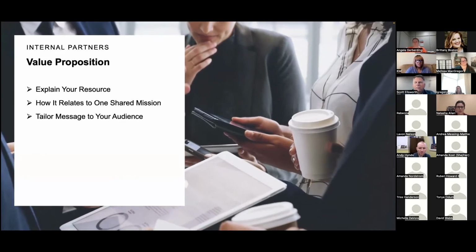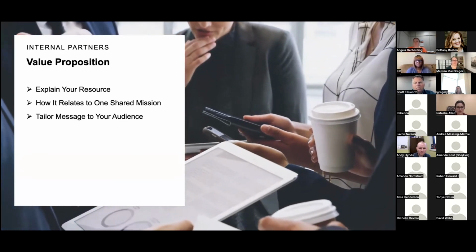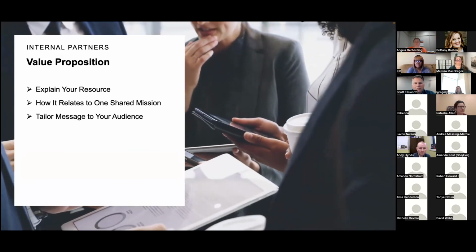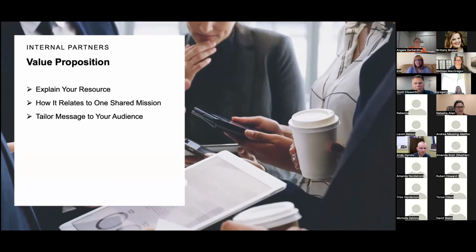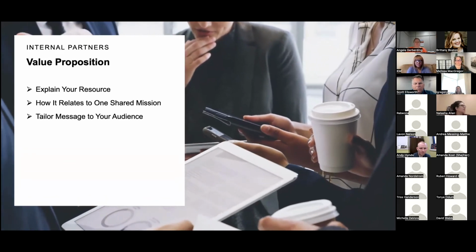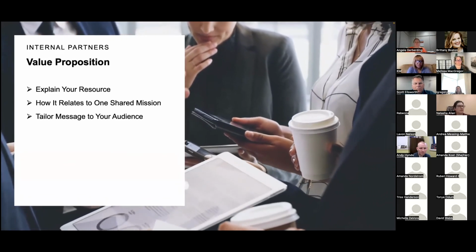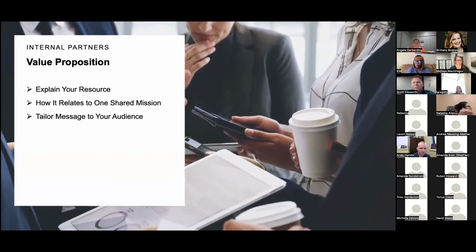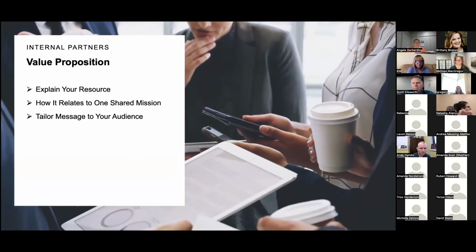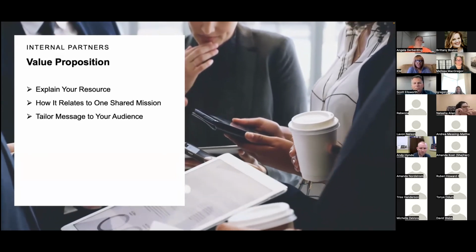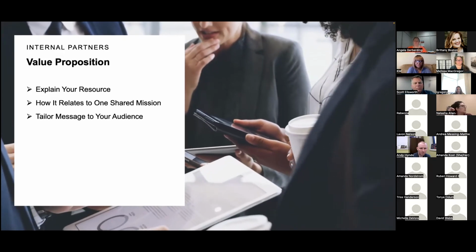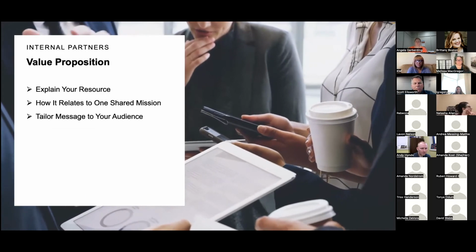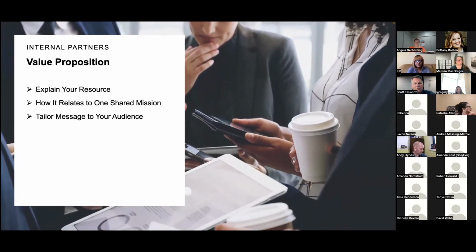So one of the key things to note here about value proposition is that it's important for you, and I know we spent a lot of time in previous discussions and sessions about being able to articulate and clearly know exactly what the product is that you're pitching or exactly what your program is. And the why behind that is because typically you're going to be the expert in the room. A lot of people that you're going to be talking to internally may not have heard about work-based learning, apprenticeship, training programs. So you have to make sure that it's clear, that it's simple enough for them to understand, because